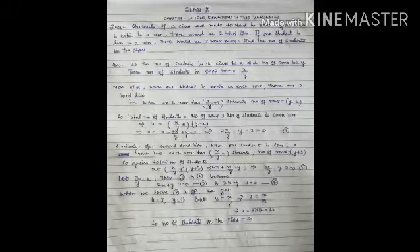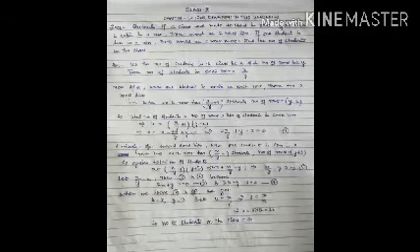Now solving these two equations seems to be difficult because y is coming in denominator. So let us once again assume that x upon y is equal to u in both equation number 1 and equation number 2. So you change your equations like 3 and 4, means 2u plus y minus 2 is equal to 0, that is obtained from equation number 1, and 3u minus y minus 3 is equal to 0, that is equation number 4 obtained from equation number 2.